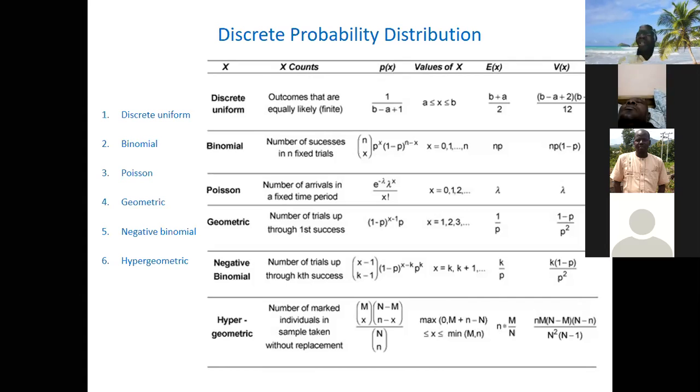If you are interested in what proportion are female, the success will be the female, while the failure will be anything that is not female, which is male. If it is marital status, if you are interested in how many are married, success would be the married. The failure would be anything apart from married, either divorced or single, all of them